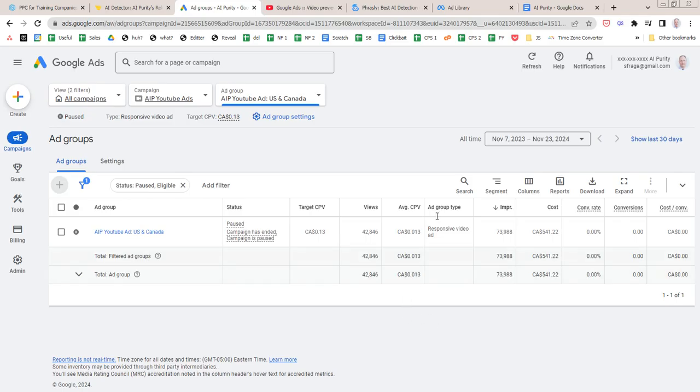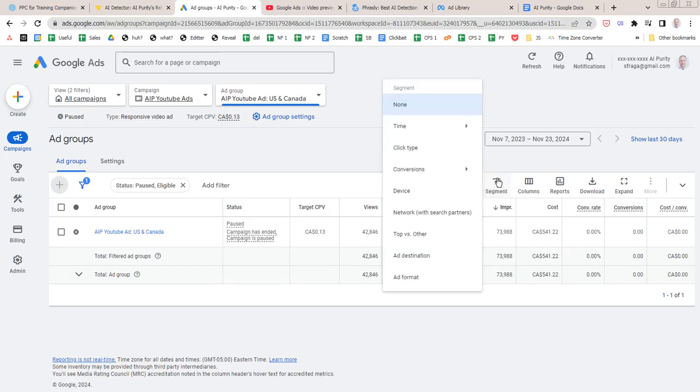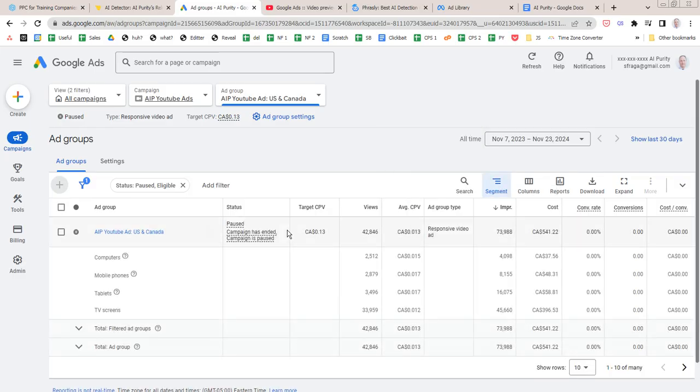And let's see, so I guess the first thing I should get into is the device. So the major problem here is this. If I segment this by the device on which they saw the ad, you'll see that 34,000 of them, costing $400, saw it on a TV screen. But if a student is watching your ad on a TV screen, there's nothing they can do, right? They can't paste their essay into a TV screen. So this, in all likelihood, is the biggest candidate for why it wasn't worthwhile.